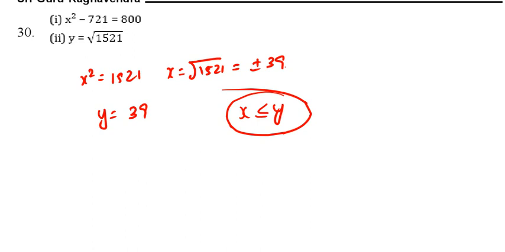This is 27. So 27 to the power 1 by 3. So what is cube root of 27? That is 3. Now come to y. Root of 1296, 36. Root of 36 is 6. So therefore x less than y is the correct answer. X less than y. That is our correct answer. See the next question.